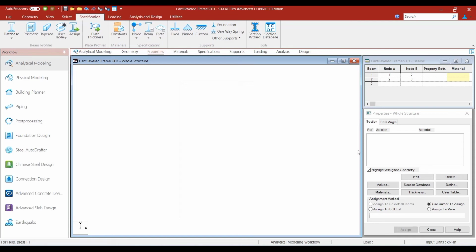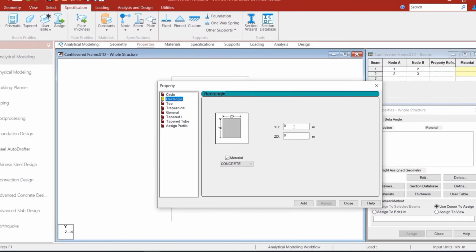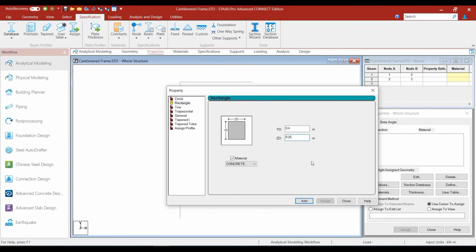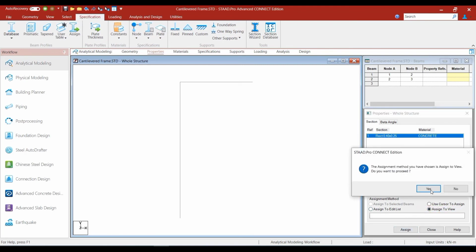If you want to know the reason why, you can refer to the link which is appearing on the screen right now. So let us click and say that we have rectangular sections of 250 millimeter by 400 millimeter. We are defining this in meter units, so we are saying that it is 0.4 meters and 0.25 meters. We click on the add button and we use the assign to view option and assign it to all the